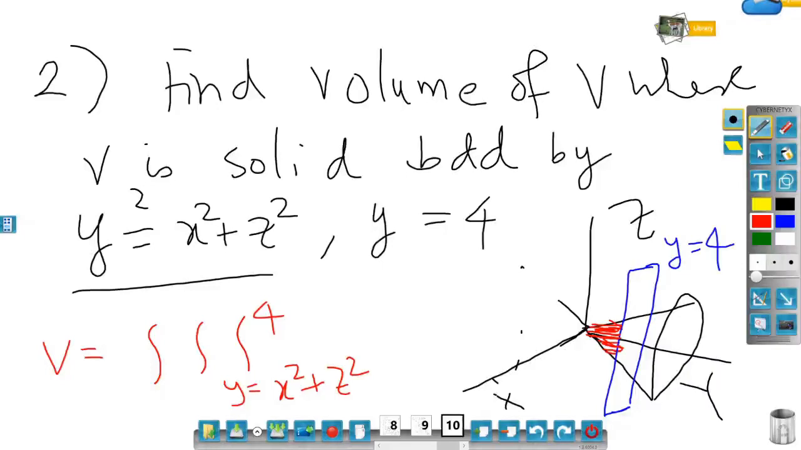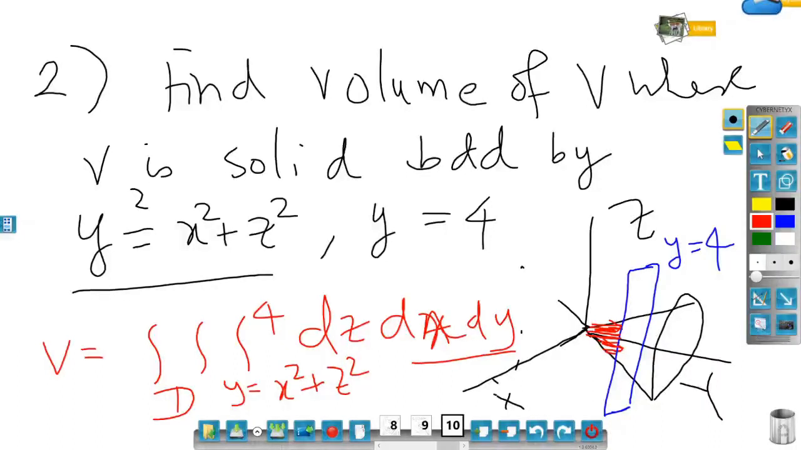Any vertical line will end there. And let me write down, this is D. D is a projection in the xz plane, into dA. And now here I will write dA, whether you write dx dz or dz dx, that order is not important now. Unless and until I express D, this order really doesn't matter. So let me solve this. Let me write down here, where D, next line. So, where